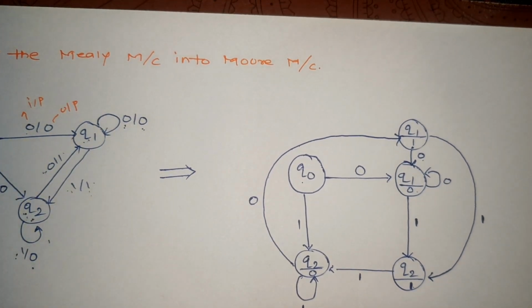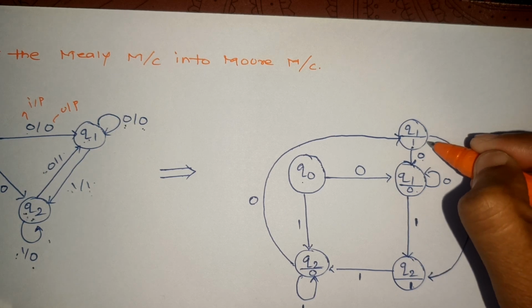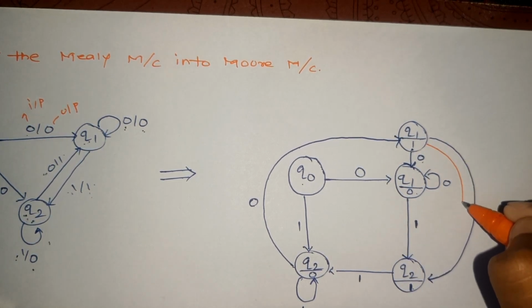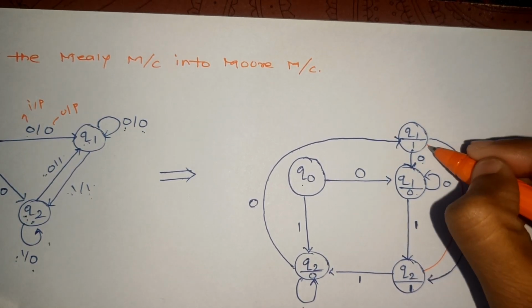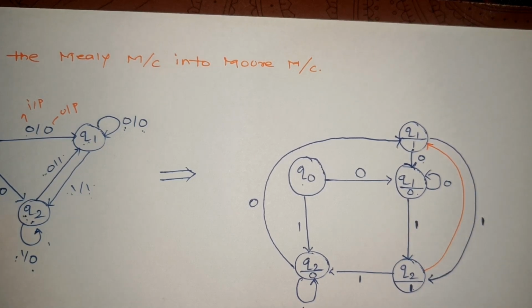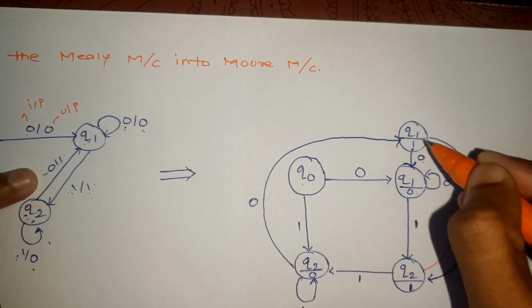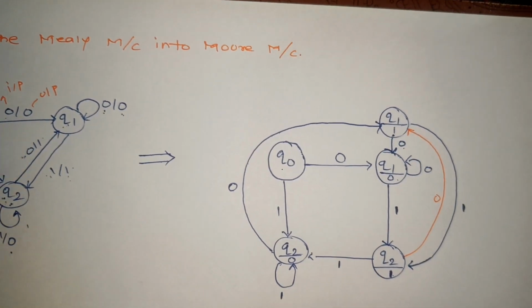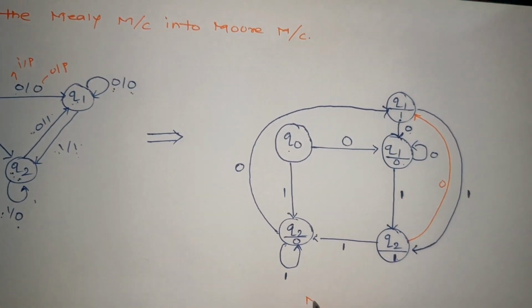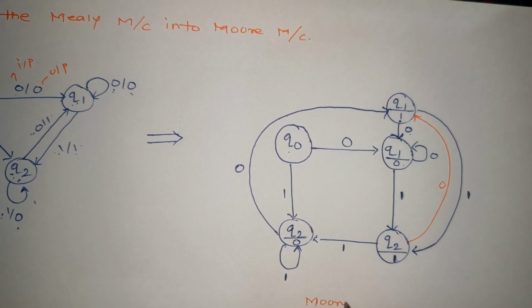So again we can draw a schematic like this, which shows that Q2's next state is Q1, input 0 and output is 1. So this will be our converted Moore machine